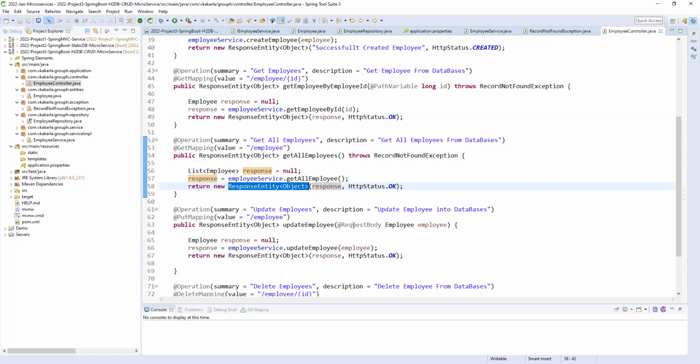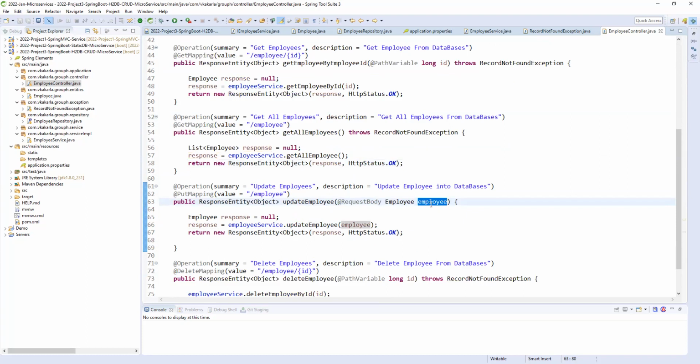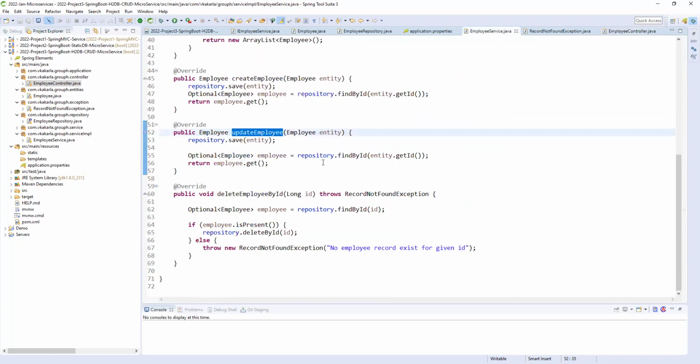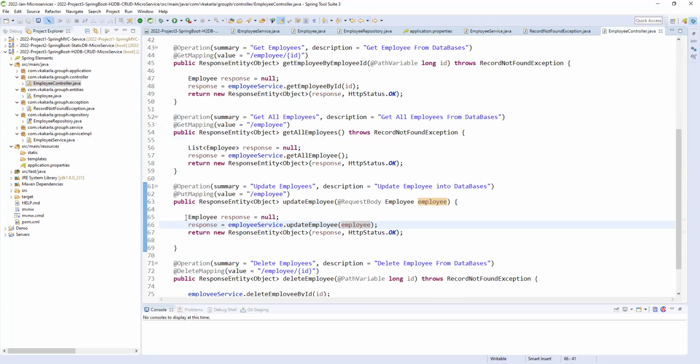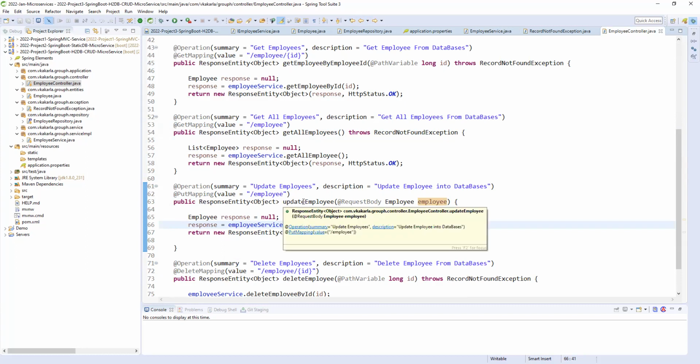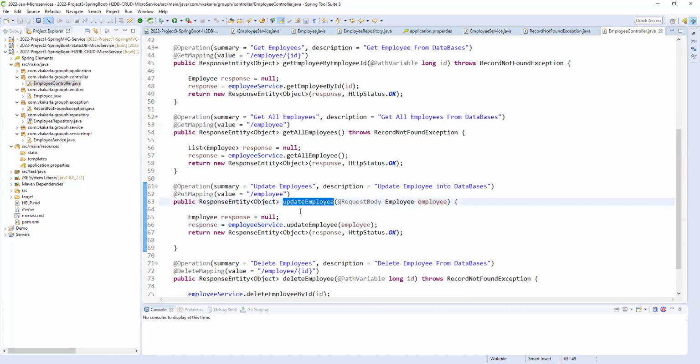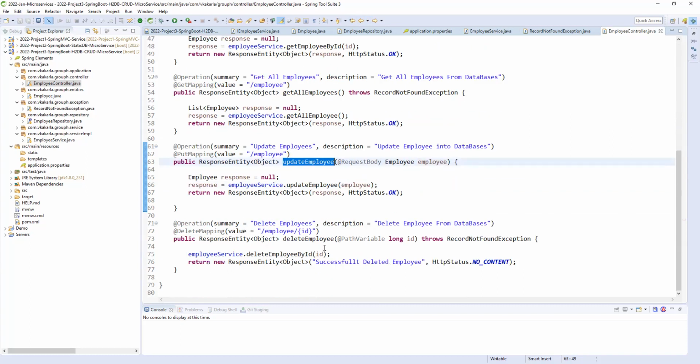Okay, update employee. Obviously we need to pass a request body as an employee. Whatever values we are updating come from the front end, and automatically it will update here. If you come here, it is the same save entity that we are using. Even though internally it uses the same method, in front of the customer we should not write the same method for both things. He will be confused. To avoid such confusion, for each separate event we have a separate API, right? For separate work or separate function, we have individual APIs for each of our operations. Whatever you write internally, that is our headache.